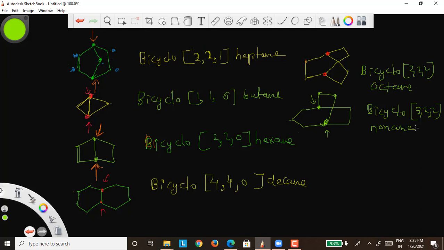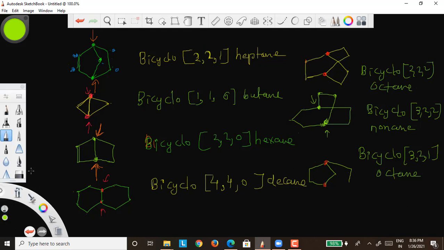Okay. So suppose you want to draw the structure of one compound. I'm writing bicyclo 3, 2, 1 octane. So how will the structure be? 3, 2, 1 means you first make two bridgeheads, here and here. In between the bridgeheads, you have three carbons, two carbons, and one carbon. So one carbon you take like this, then three carbon and two carbon. Okay, two carbon like this, three carbon.